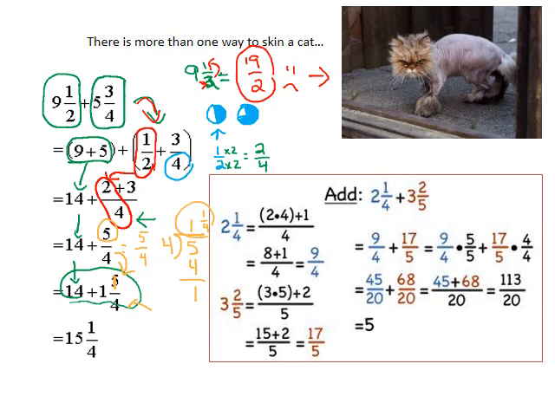Okay, so they had to add 14 plus 1. That's what gave them the 15, and they have this 1/4 left over. Okay, so you can do it that way. This is probably the best way if you've got bigger numbers here,